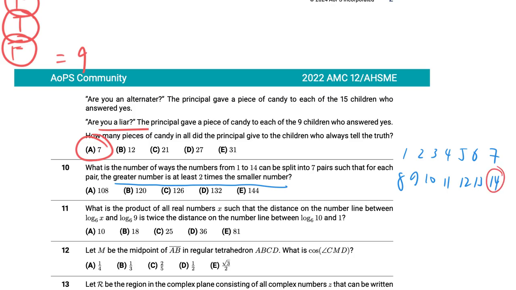14 must be paired with something below 7. 13 must be paired with something below 6. 12 must be paired with something below 6. 11 must be paired with something below 5, and so on, until you get to 8. 8 must be paired with something less than or equal to 4. So if we start with this 8 over here, it has